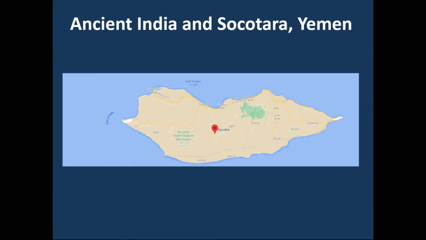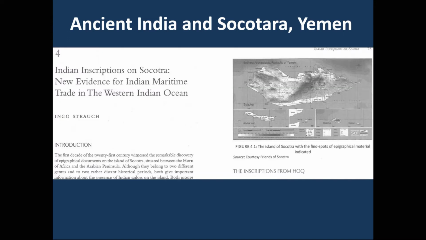Here is a rather detailed map of this island, and you can see the shape of this island, how it looks like. I am referring to one research paper here which is called Indian Inscriptions on Socotra. Here you can see the map of Socotra, and then you can find the title is New Evidence for Indian Maritime Trade in Western Indian Ocean. This research paper talks about the archaeological excavations that have been